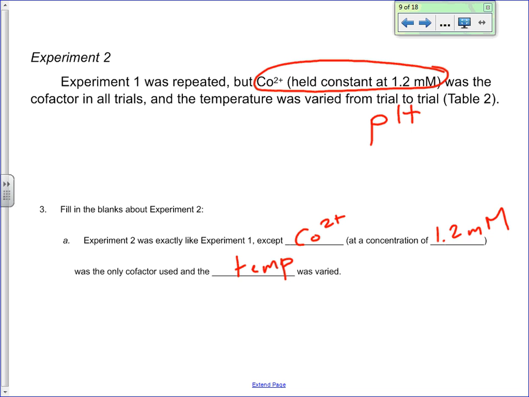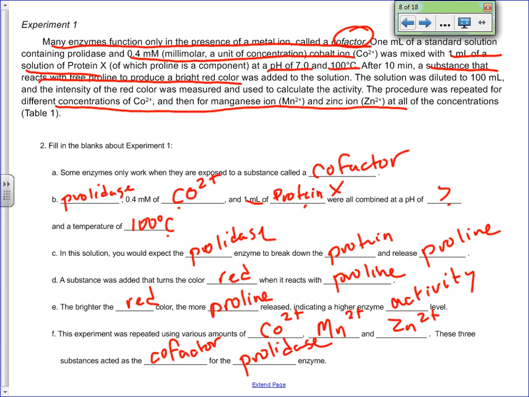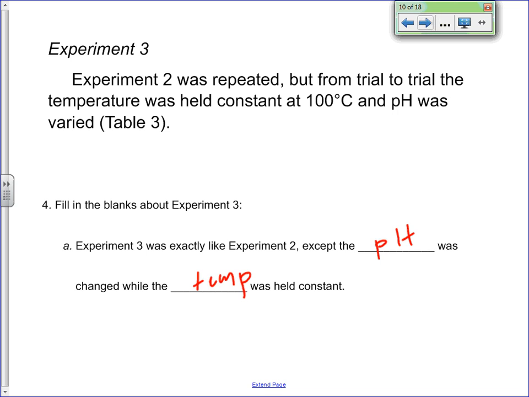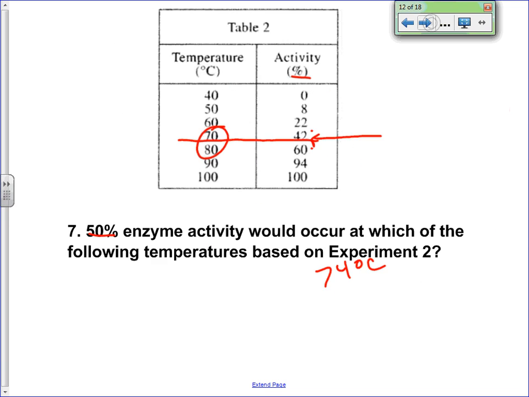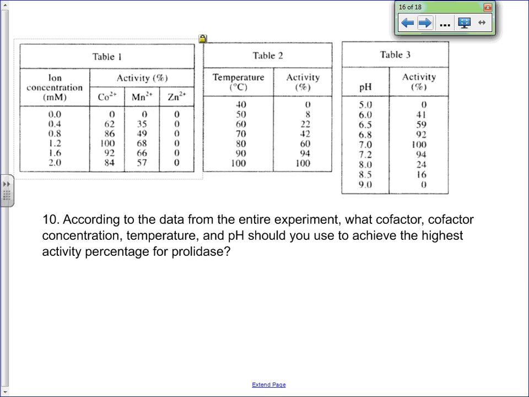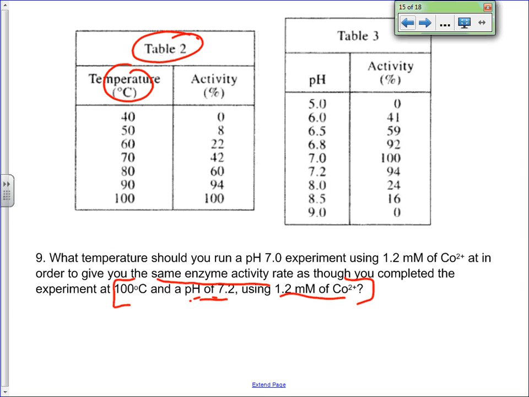The pH is actually the same, because it says that experiment 1 was repeated. Experiment 1 had a pH of 7.0. If you repeat that, then experiment 2 must also have a pH of 7.0. So in experiment 2, the cobalt ion was 1.2 millimolars and the pH was 7. That's how you can take a look at a question like this and see, okay, we need 1.2 millimolars of cobalt. Already got that. Experiment 2, check. A pH of